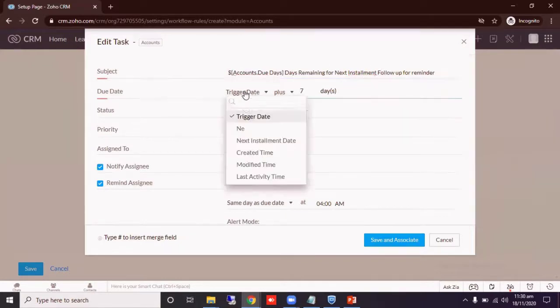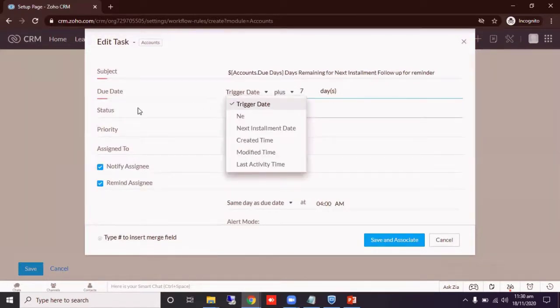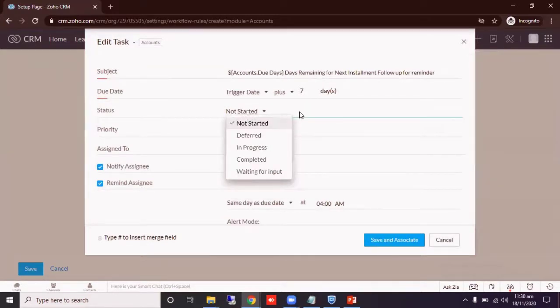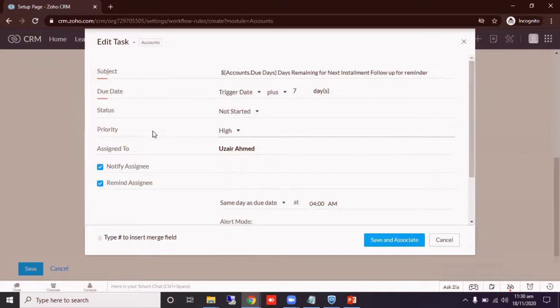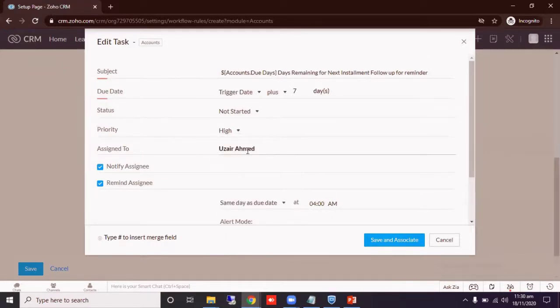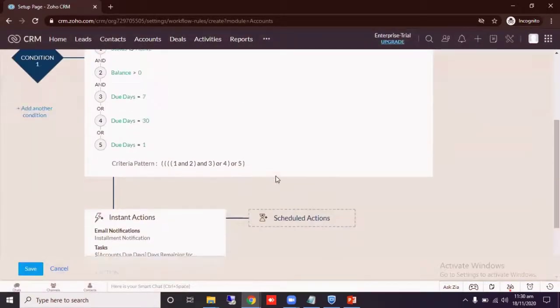And this is the trigger date, you can set it plus 7 days, and if you want to set the status you can change it. You can also set the priority and assign to. Now save it